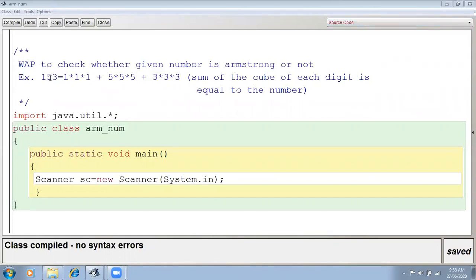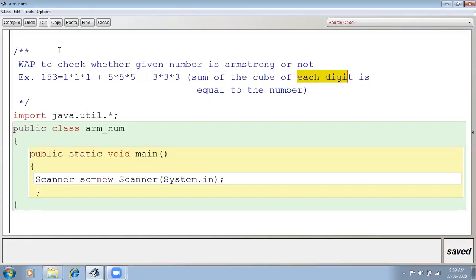See, what is the definition of the Armstrong number? Sum of the cube of each digit is equal to the number. Means we have to do the sum of the cube of each digit. First of all, we have to separate the digits from the number.